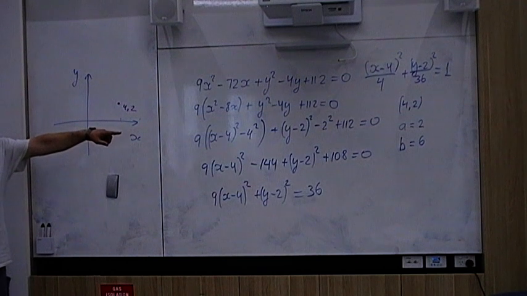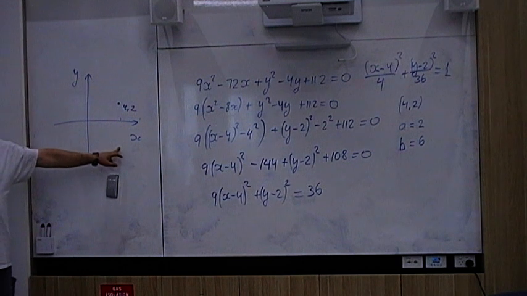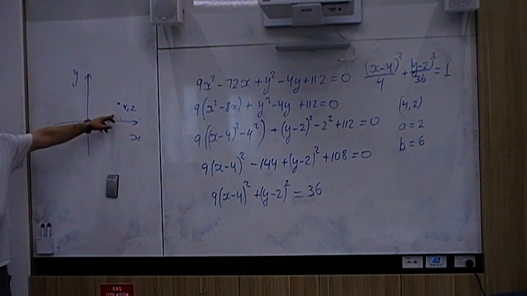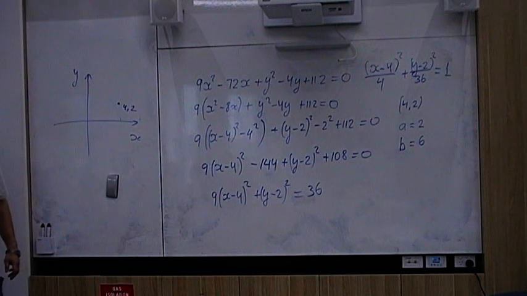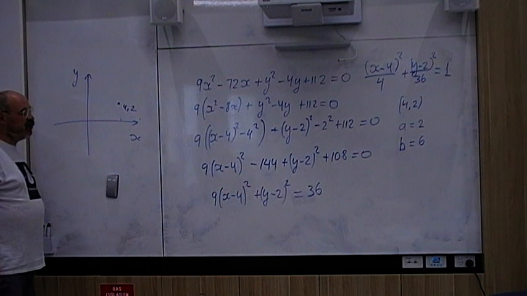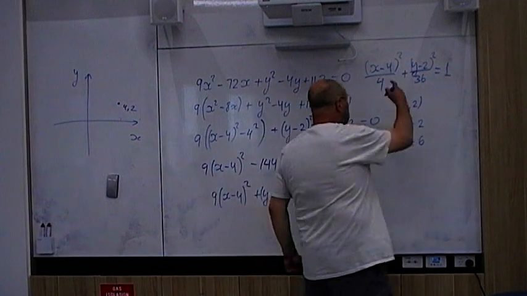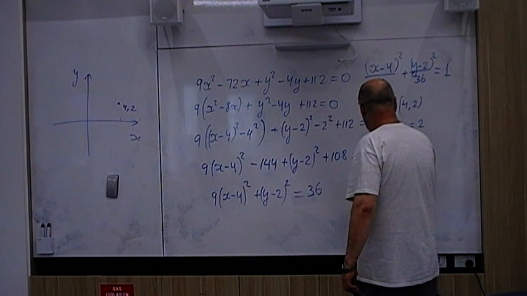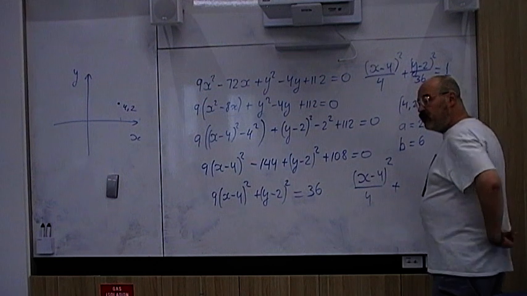because we have vertical semi-axis equals 6, there will be x-intercepts. Will there be any y-intercepts? No, because this is 4 and the semi-axis is 2, so it will not reach there. But there will be x-intercepts. Let's find x-intercepts. We take y equals 0. We get (x minus 4) squared over 4 plus, we're doing x-intercepts, yes,